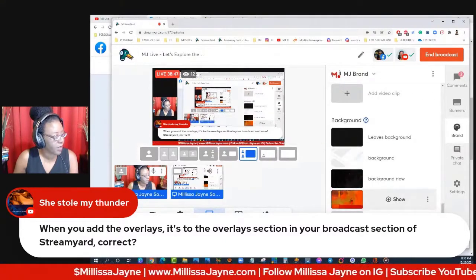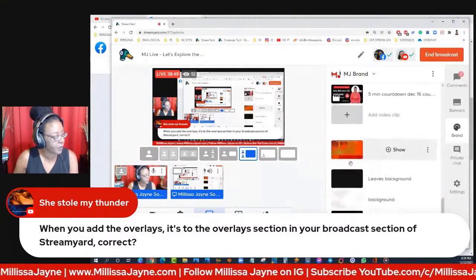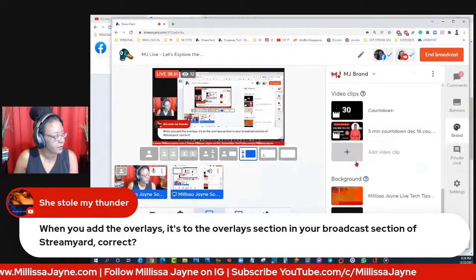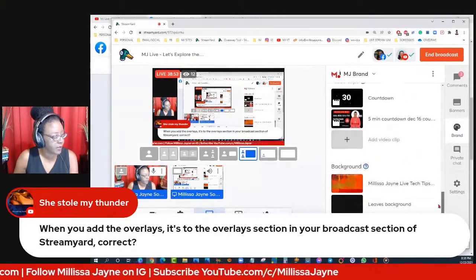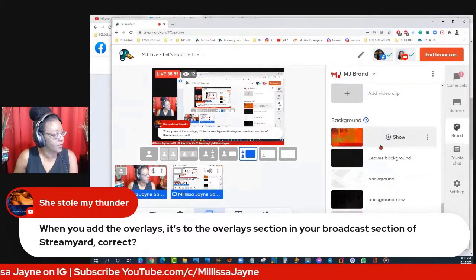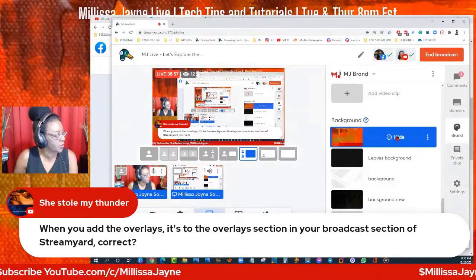I can move my backgrounds around. If I wanted to have this one to the top of my background section, and so forth. As a matter of fact, I do want to show this background here. So I've shown you a couple of things already. I've shown you how to get some assets for your show, and also